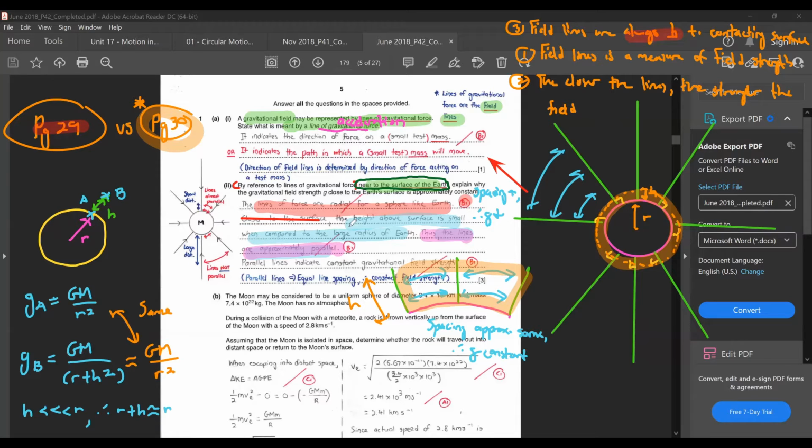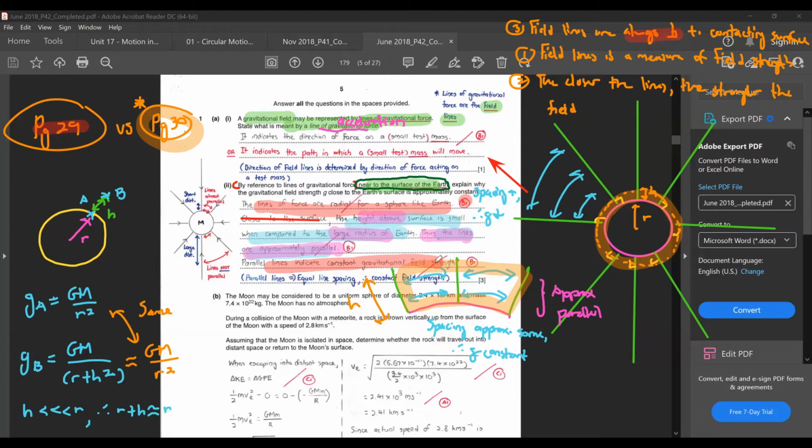But in the first place, you need to explain why you say that they're almost parallel. Why do you say that the line spacing is approximately the same? It's because the height is very small compared to the radius of the Earth itself. That's why I can say that they are approximately parallel. Just like that, okay? Then after that, you end with saying that parallel lines indicate constant gravitational field strength,